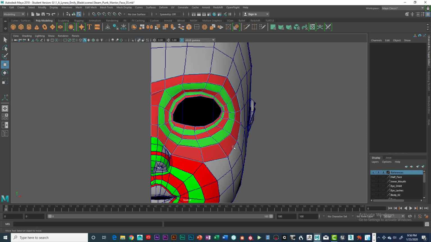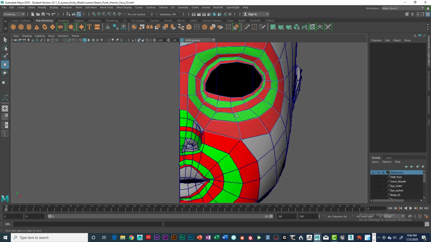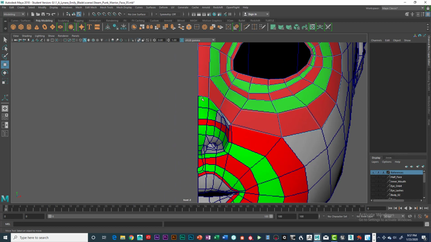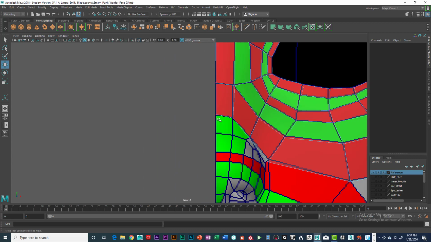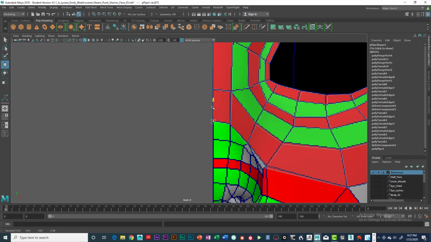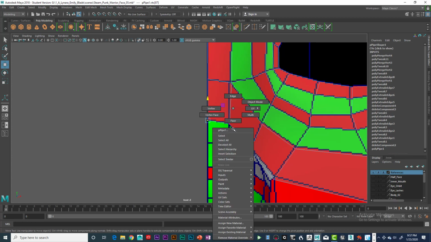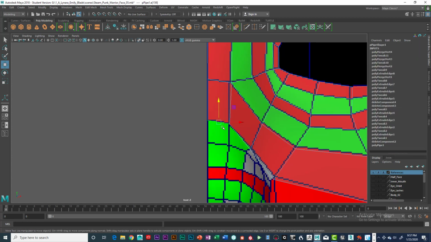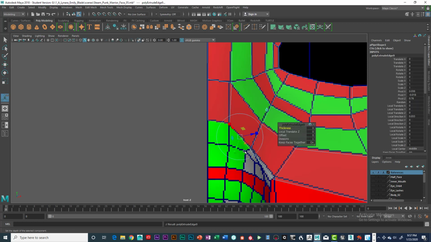Alright, the next thing we're going to do is go over the top of the nose. We're going to go from the center over. We're going to try to speed this up just a little bit more. I'm going to right click over this, go to edge, and select this edge and this edge, the two right here. I'm going to hit Control E and the W key and move those down